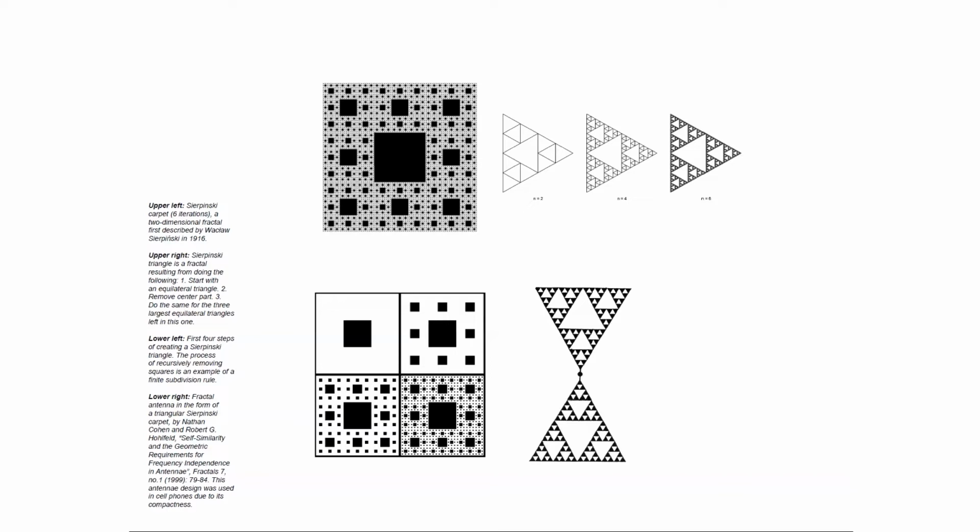Of course, in a computer, we cannot really do it infinitely many times. We can do just a certain number of iterations. But mathematically, we can define this in terms of infinities. Okay, and one example here, bottom right, this is actually an antenna, a fractal antenna, which was used in one of